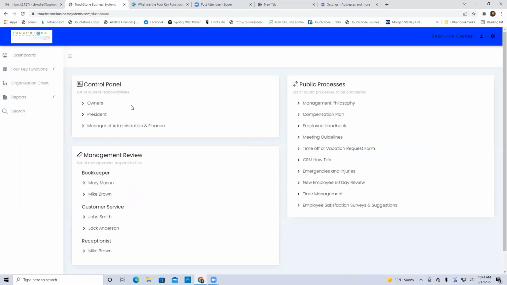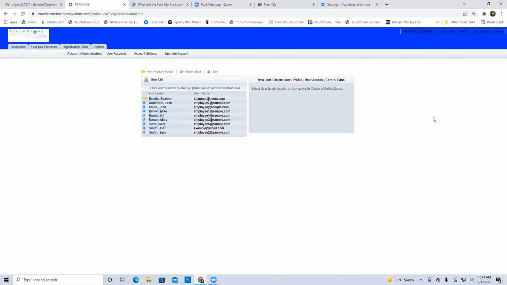So this situation would be where I would have a salesperson's control panel, and then I would also have the manager of sales and marketing's control panel. Okay, so that is the basics of account administration. If you haven't set up users yet, I would just highly recommend this. It's just so beneficial. And there's no reason not to, because you're not going to have to pay anything extra to set up all of your employees. By setting up your employees and introducing them to TouchStone,